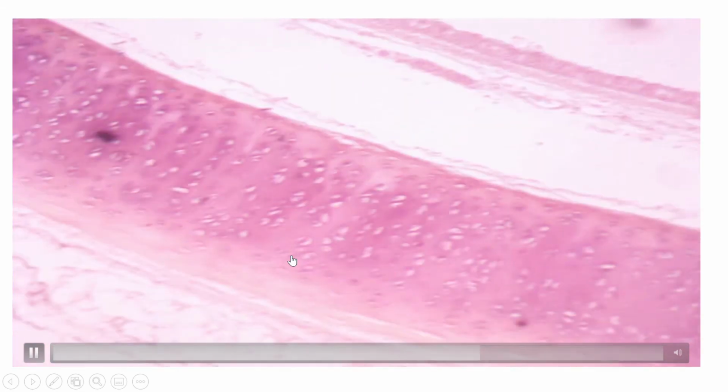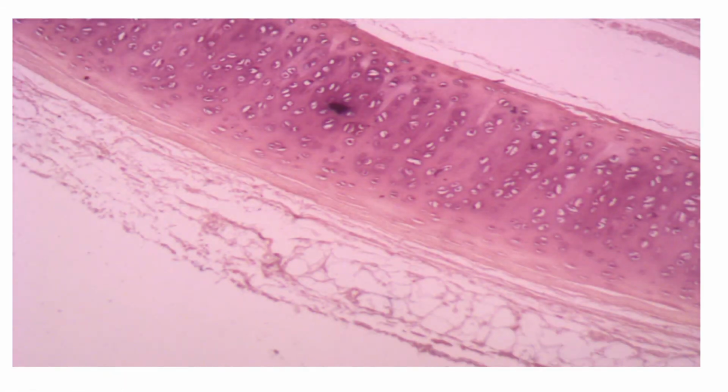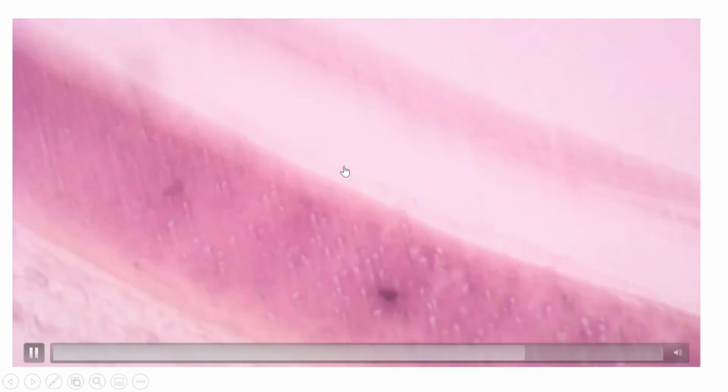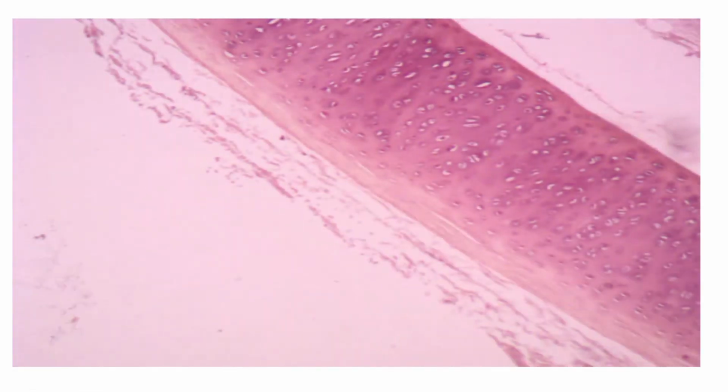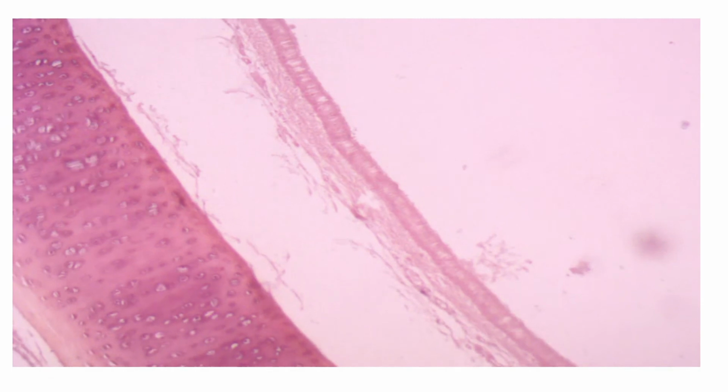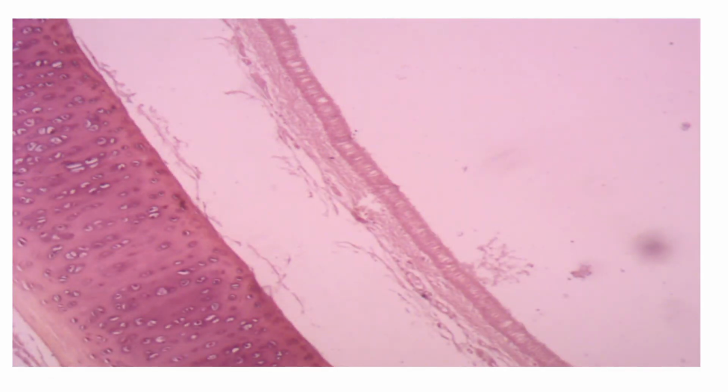Then is the submucosa, wherein you may see some glands. This is hyaline cartilage, and outermost is the adventitia. So if you move the slide, everywhere you will see the same appearance. Now let us see how to draw the diagram. So this is the epithelium